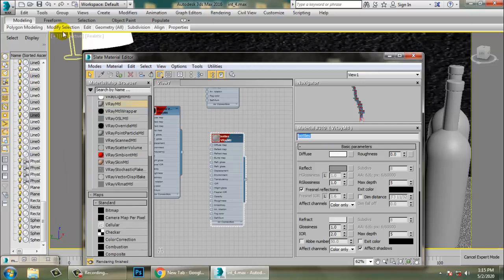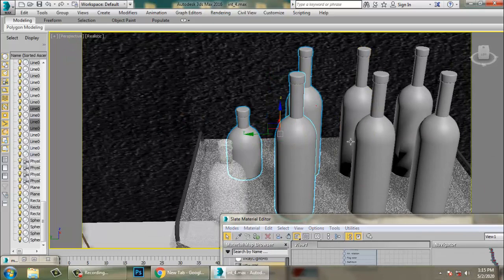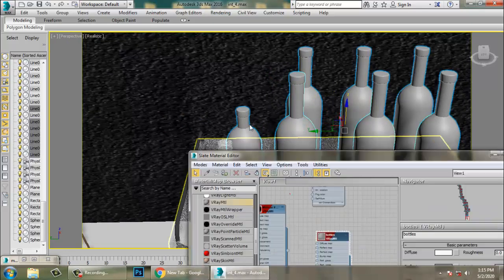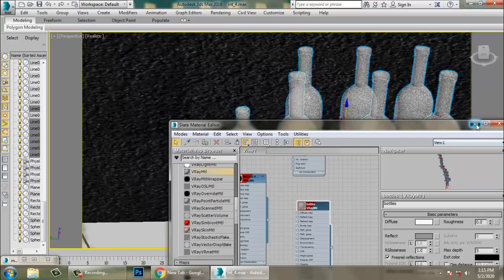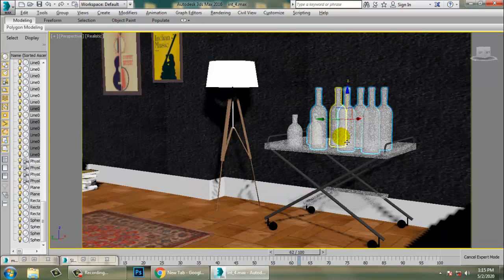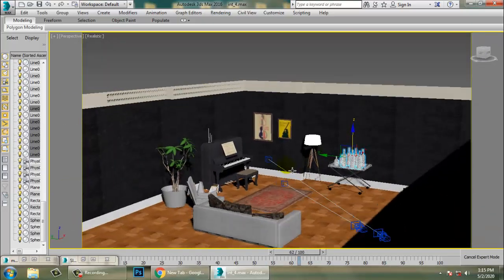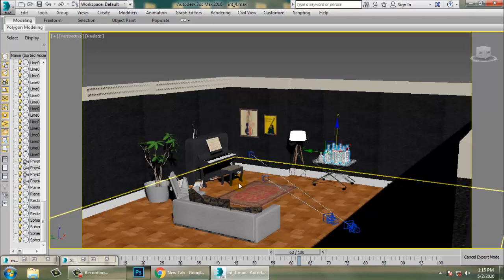So the thickness of the glass should be properly defined over here. So I'm assigning the same for all of this. Alright. So this is totally of glass. Just save your file again.